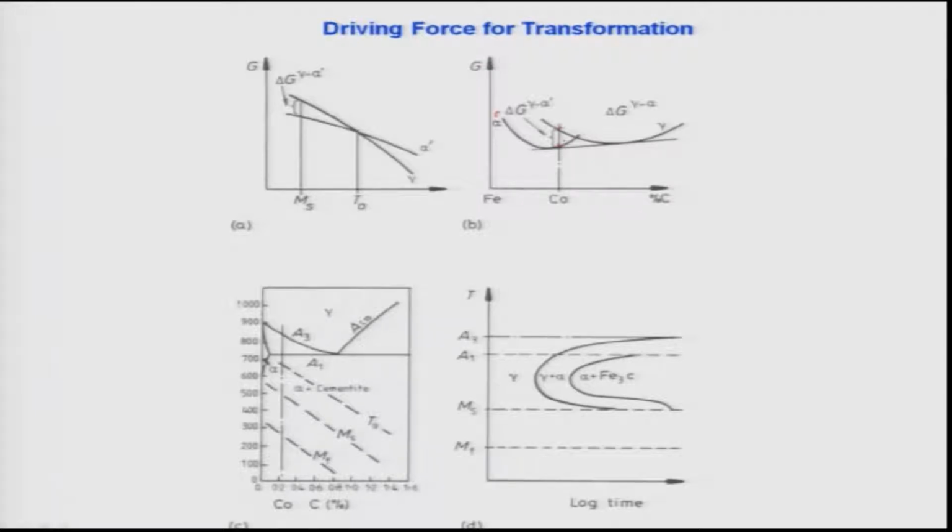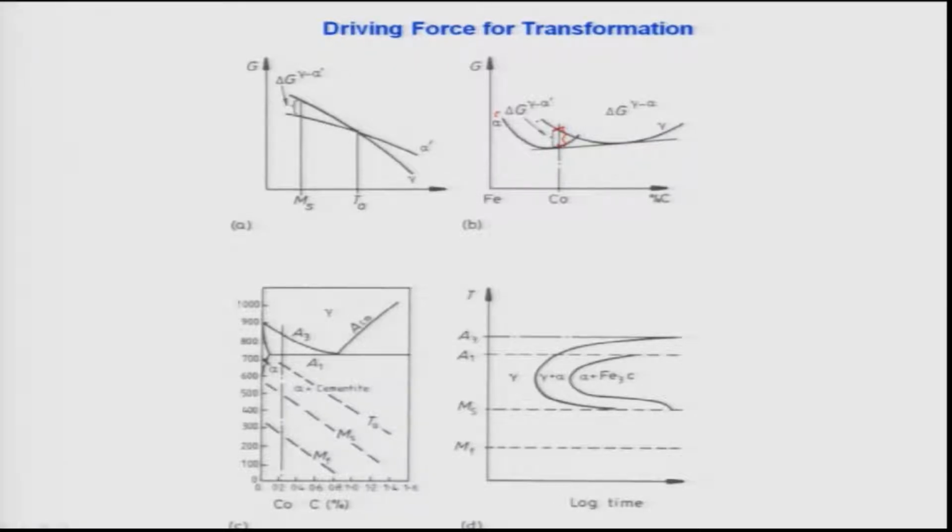The reason is very simple, that this is the equal free energy point. That means the point at which both the free energies of the alpha and the gamma are equal, and this is the common tangent between these two curves. So the common tangent will tell you the equilibrium between two phases, and therefore this distance is what is marked as delta G, the driving force available for the transformation of the austenite